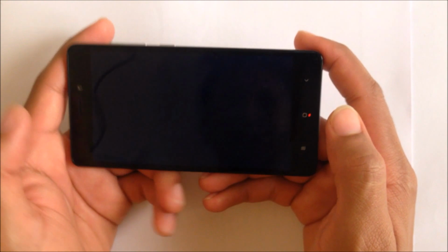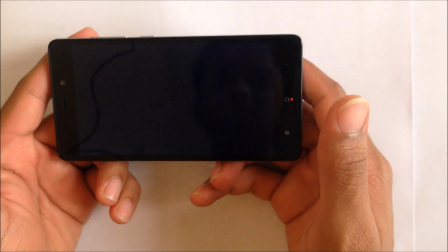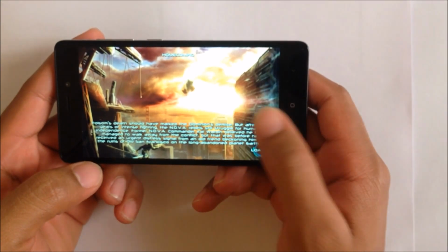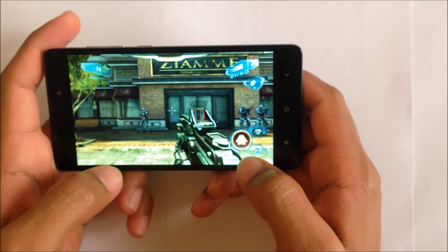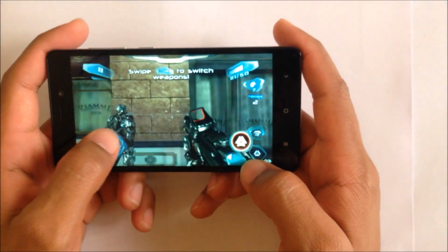Okay, so I will be switching to the next game, and the next game will be Nova 3. Oh, it's still in the memory. You remember the previous time we had opened this, and it's still in the memory. So I played a few levels of this, and